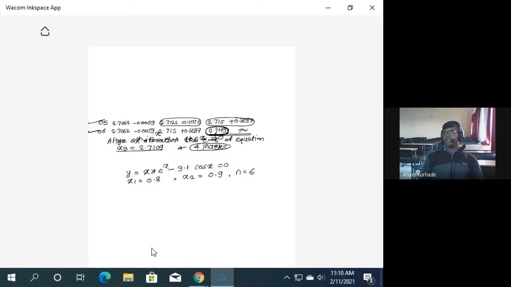For the second iteration, check the sign of y3, or you can say pair 1, pair 2, pair 3. If the sign of y3 in pair 3 is minus, replace minus with minus. If it is plus, replace plus with plus. The iterative formula remains the same: x3 is equal to (x1 plus x2) by 2.